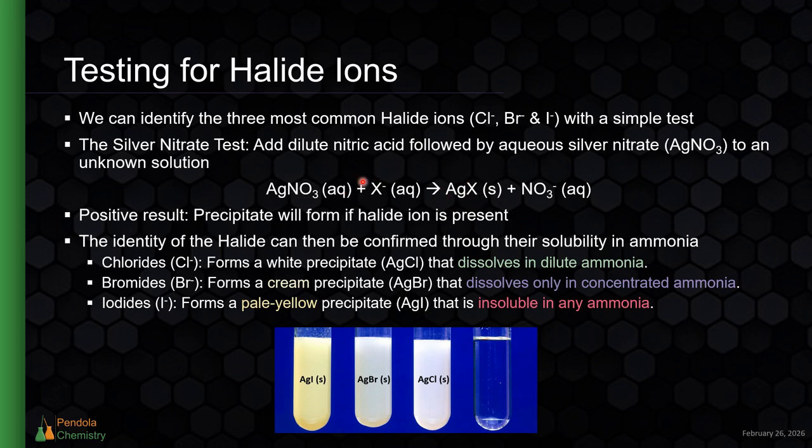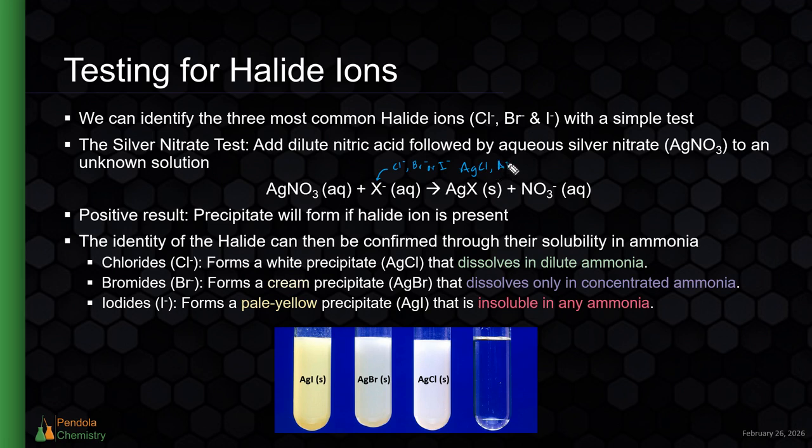X here is used in a lot of cases to replace a halogen ion in a generic equation. So here X could be any of the halogen ions. X could be Cl minus, it could be Br minus, or it could be I minus. So what's going to happen is the halide ion is going to replace the nitrate in the silver compound, creating the silver halide, which all three silver halides, AgCl,